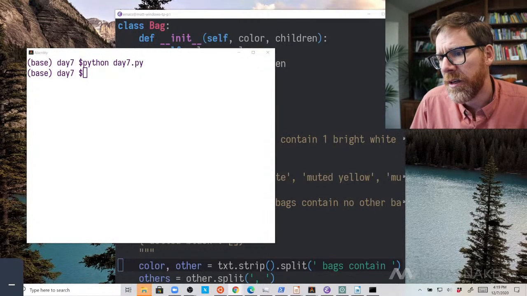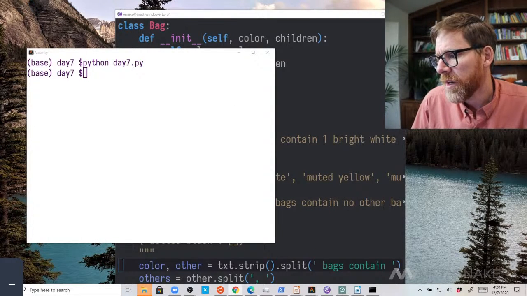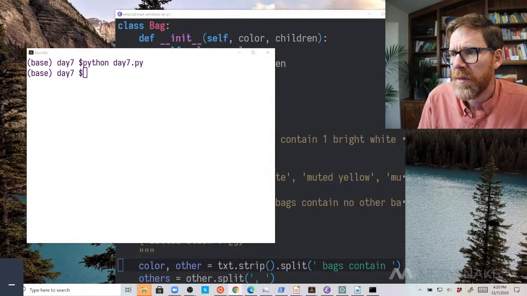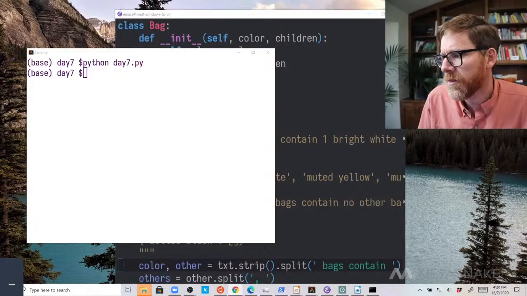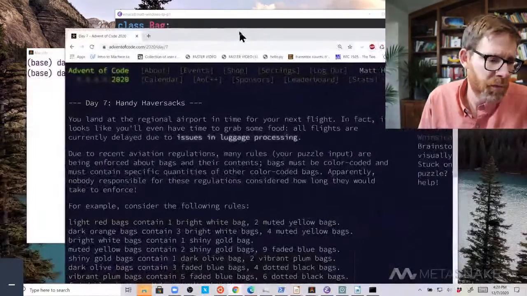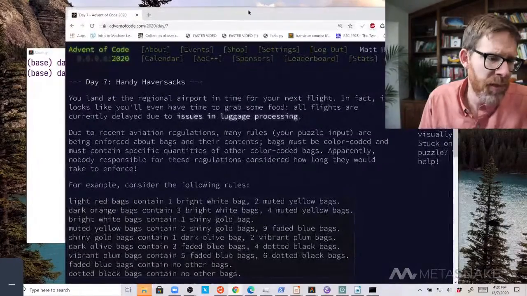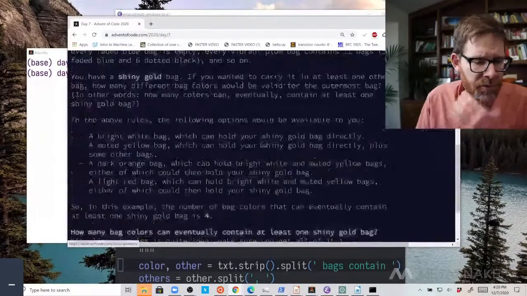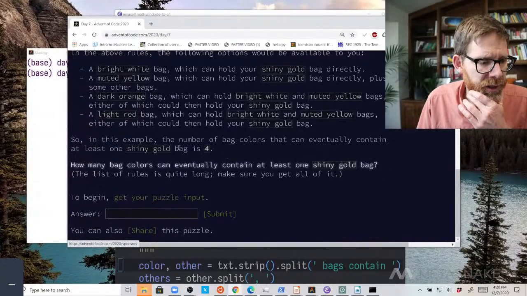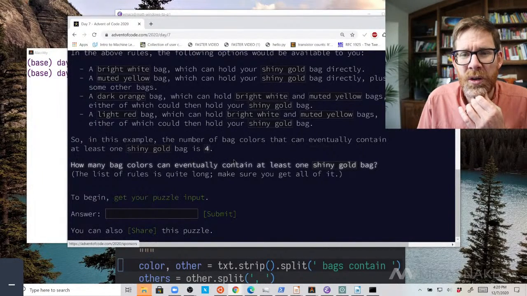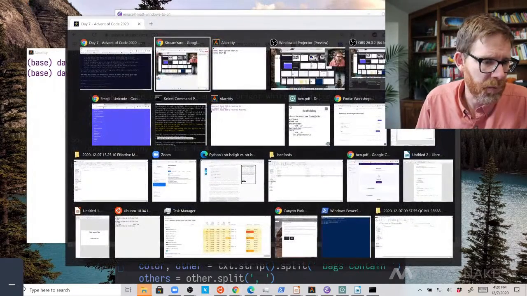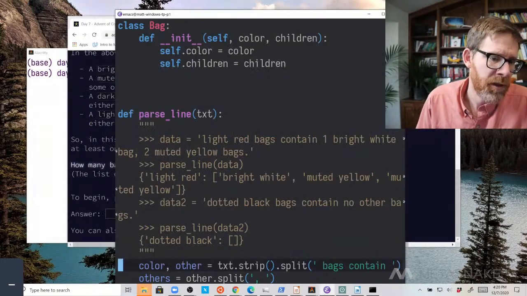Let me pull up the documentation or the problem from day 7. So it is this packaging problem where we've got a bunch of descriptions of bags and what kinds of bags these bags can hold. And then we want to find how many bags can contain at least one gold bag. So where we ended before I had to jump off here is that